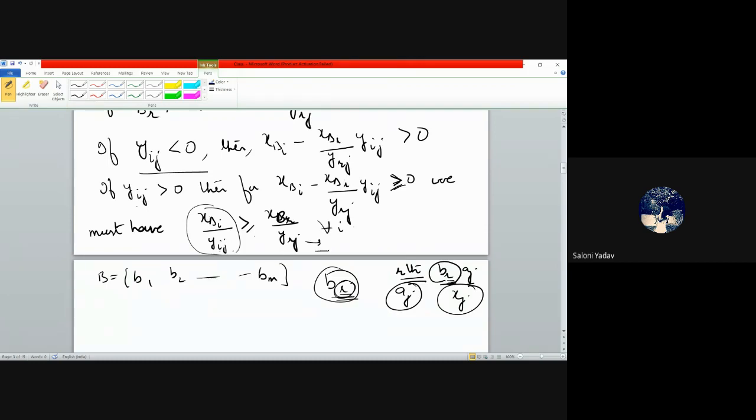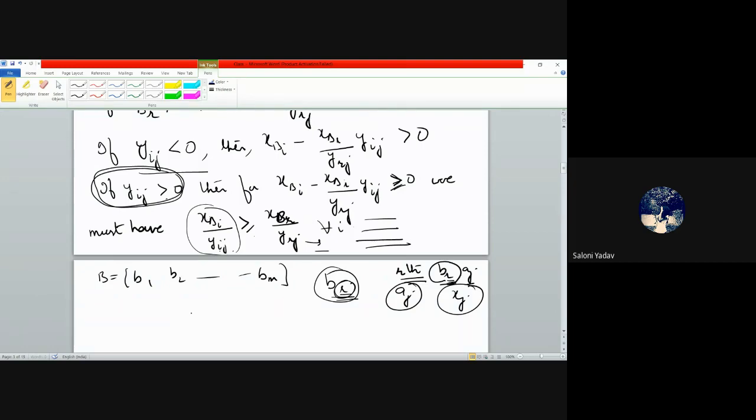But this R is to be chosen in which case? When all YIJ's are positive. This is important. The things I am highlighting again and again will be needed; you will realize that when we proceed with the simplex algorithm, all these things will play an important role. That is why I am insisting on this. We are now choosing one basic variable to leave the basis, the rth, but it should be such that this condition is satisfied. Then only it will be a basic feasible solution, because I don't want to violate the feasibility conditions.